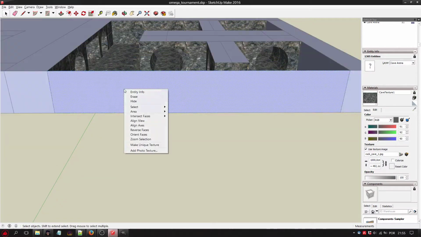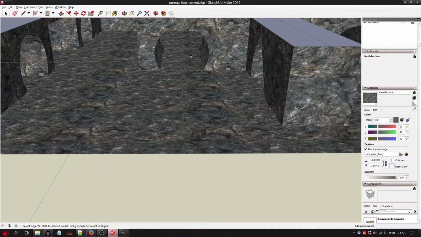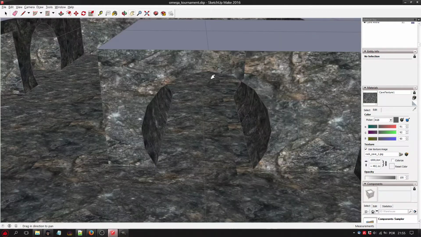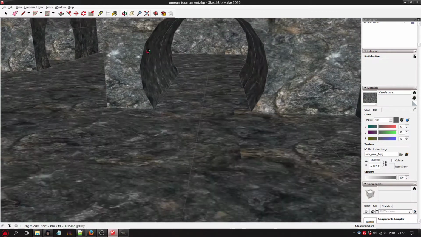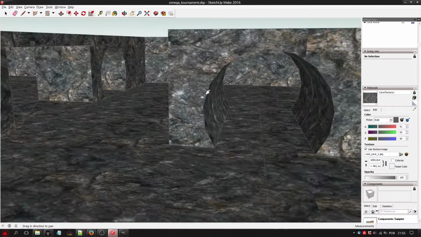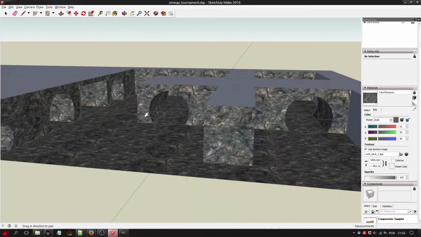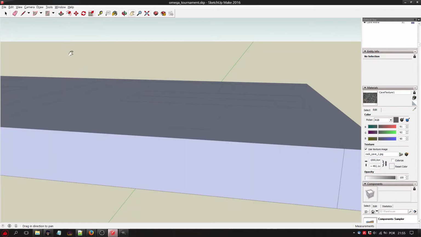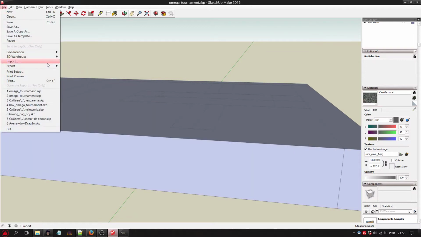Let's hide this. Yeah, definitely it's looking pretty cool. Great texture. So let's see how it looks in the game. Let's export it.